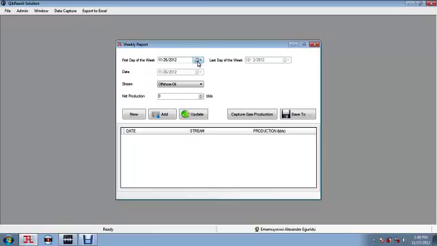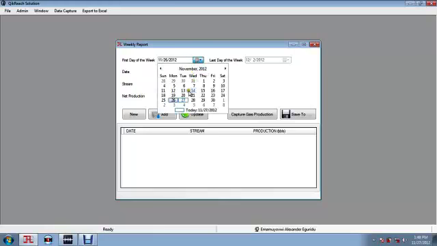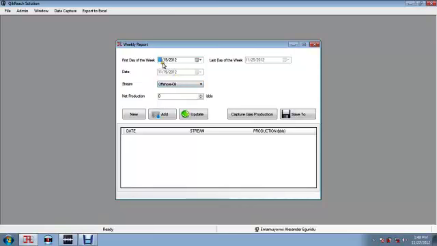But first of all, set the week, first day of the week. Well, this software will automatically lock to the beginning of the week whether or not you select it. Once you select any date within a week, it locks to the first day of the week and the last day of the week, and the first record you have to enter,